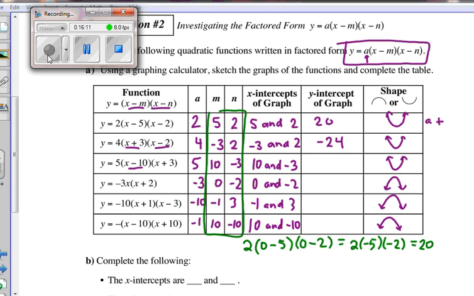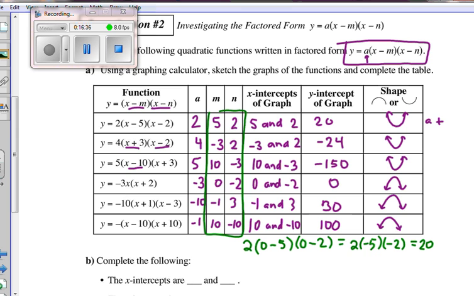All right, so what did you get for your y-intercept for the third one? -150. Good, because M times N times A, or just plug in x is 0. For the third one, what did you get as your y-intercept? 0. Anything times 0 is 0. How about the next guy? +30 and